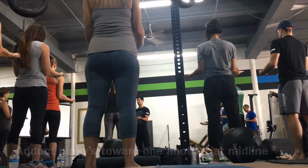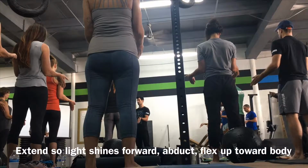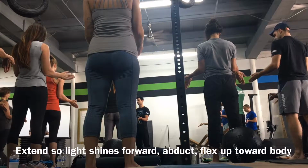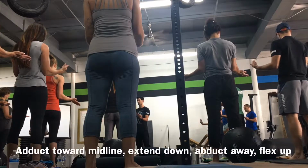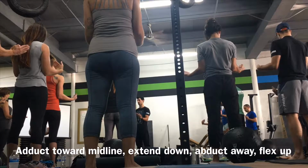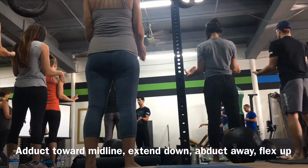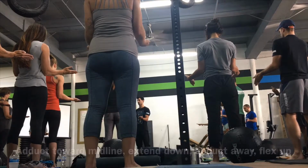Then you're going to extend, shine the palms forward. Then you're going to abduct, notice the minimal range there, notice the coupling pattern of the forearm wanting to join along. And then you're going to flex up towards your body. Adduct towards the midline, extend down, abduct away, and then flex up, reverse, abduct,